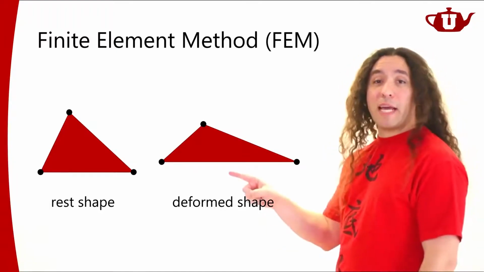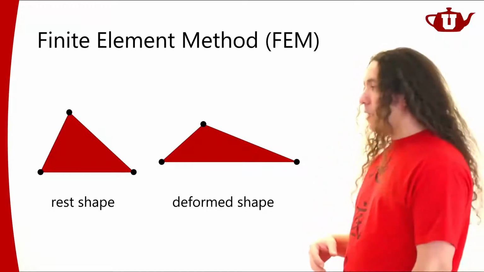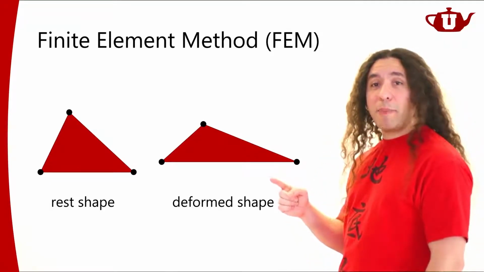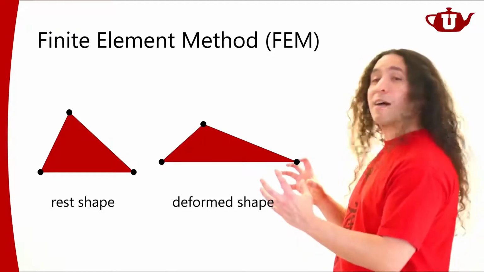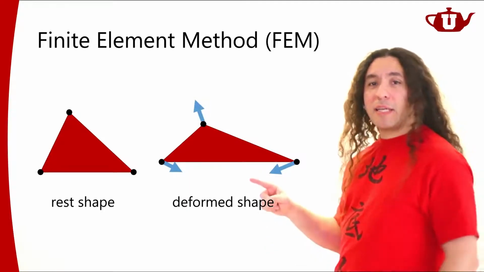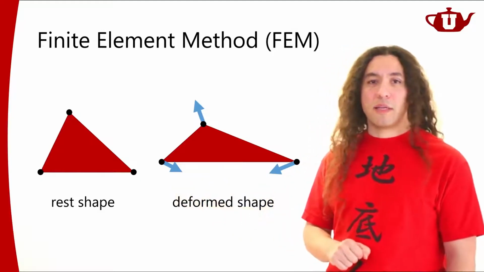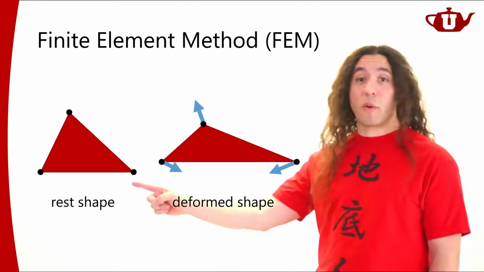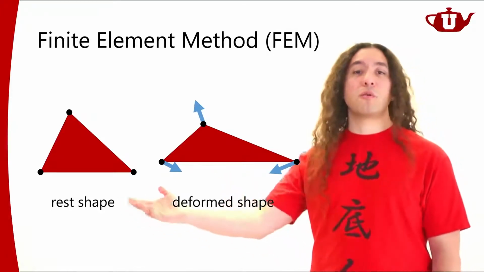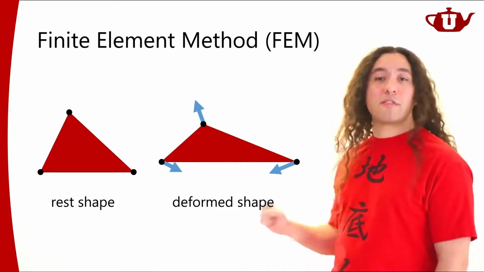What's going to happen is that if I deform a triangle or tetrahedron in 3D, then this object, depending on its material, will apply some forces to its vertices so that it tries to recover its original rest shape. Right? So this is what we call the rest shape, and this object in the deformed shape is trying to go to its rest shape. And the finite element method allows us to compute these forces.